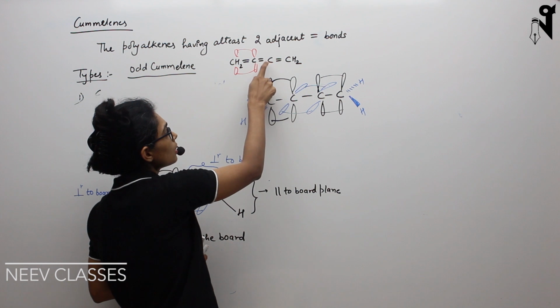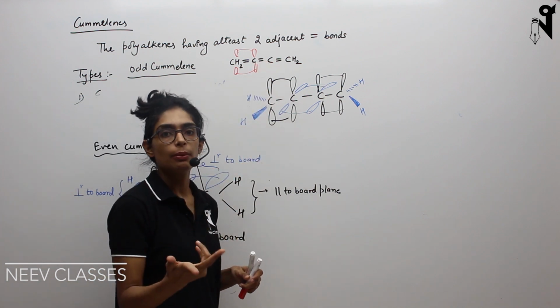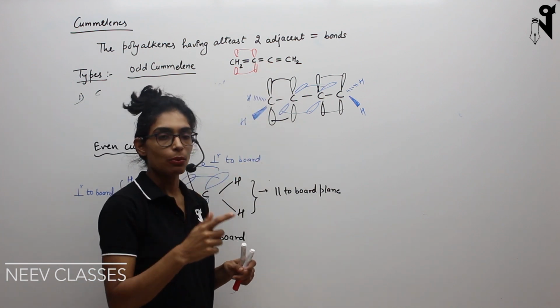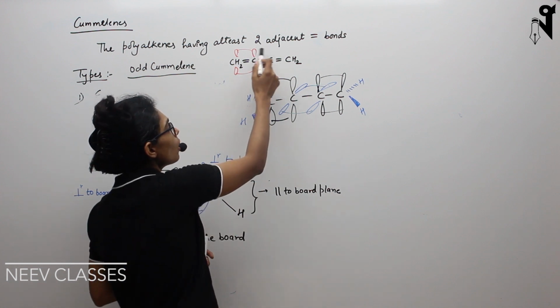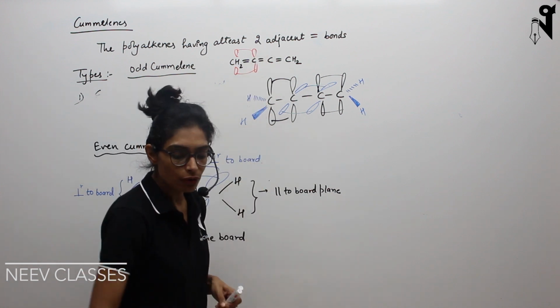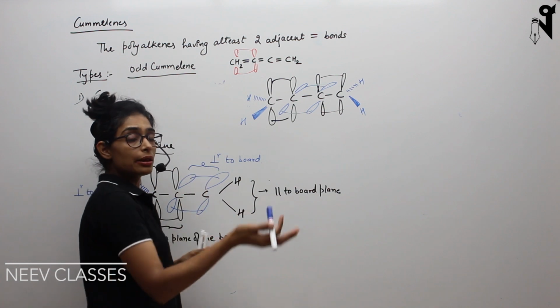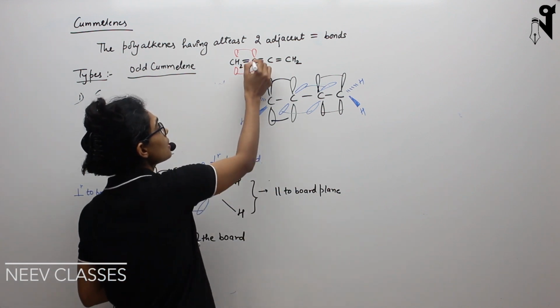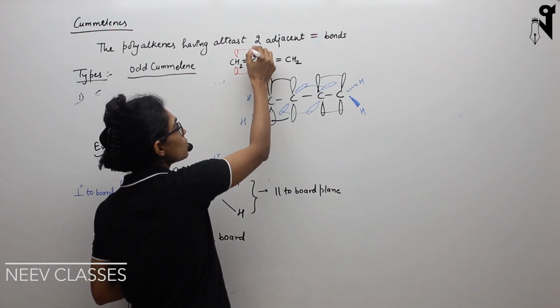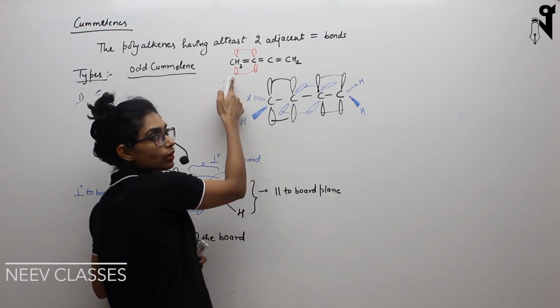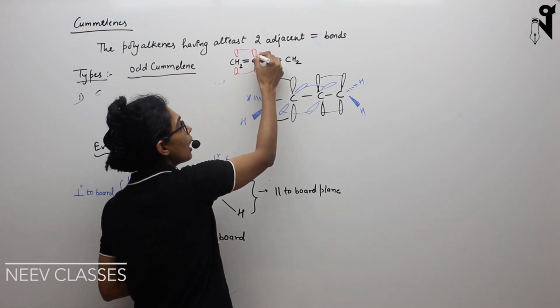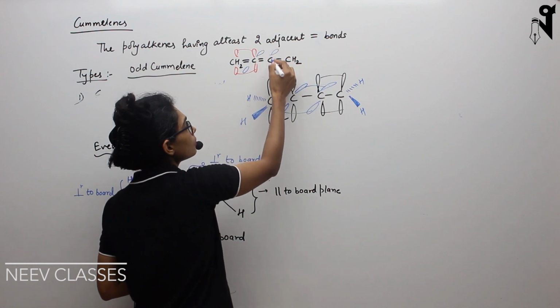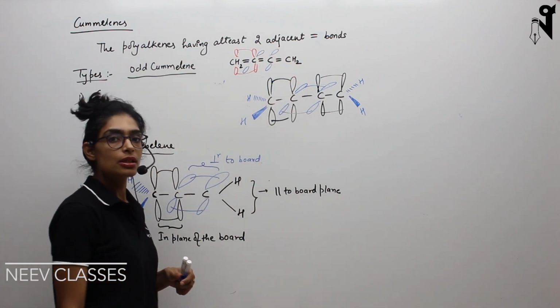Now this carbon, the second carbon, is forming the pi bond with the third carbon also. So that third carbon, when it makes the pi bond, cannot use the same plane p orbital. Instead it will have to use another plane p orbital. So basically this carbon has used one p orbital to form the pi bond with the first carbon, and it will use another p orbital to form the pi bond with the adjacent carbon.